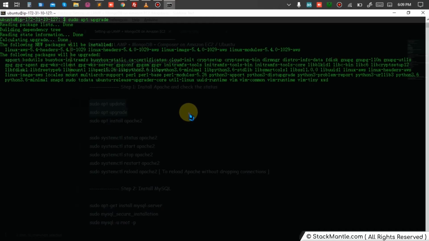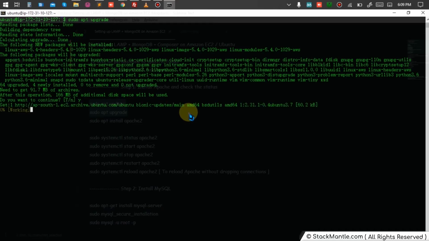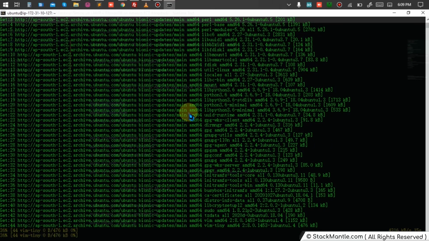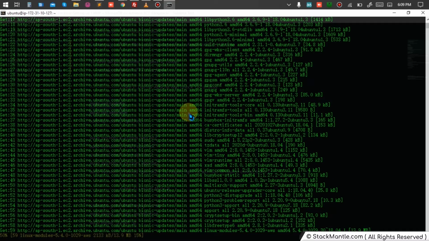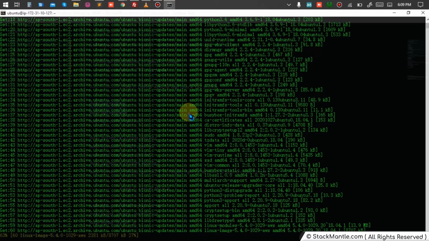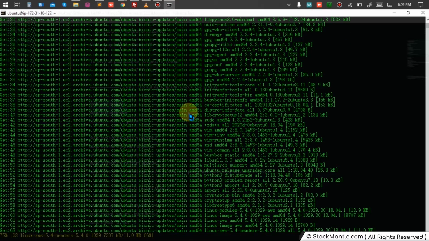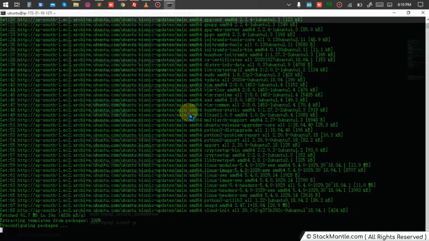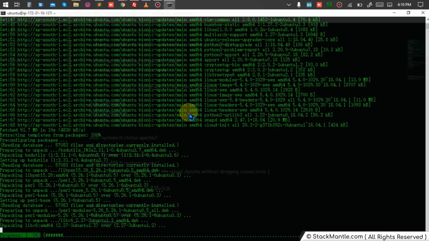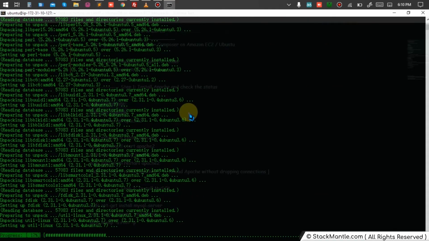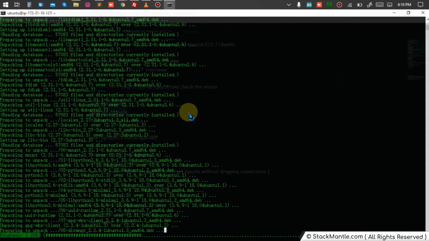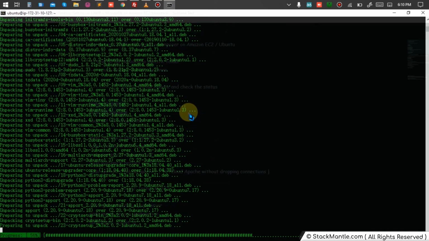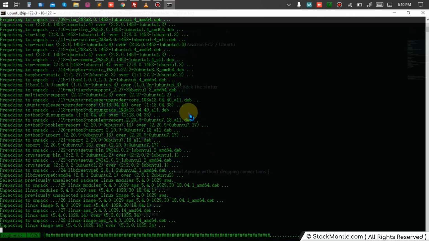It would ask you for some additional space because it has to make sure all the dependencies are installed for the packages that it is upgrading. It would take around 6 or 7 MB, maybe at most 50 MB, so I don't think that should be a hurdle for me or you at any point of time, right? It would take some time. It usually takes 15 to 20 minutes to set up this entire environment, or maybe less than that if you have good hands-on experience with what is going to happen next and what you need to do next.